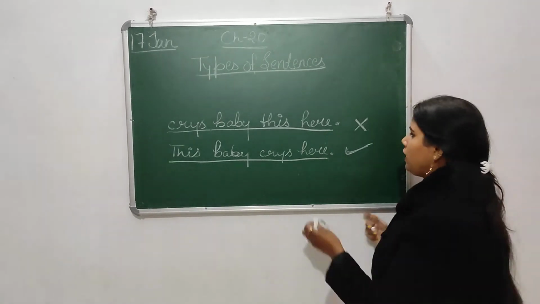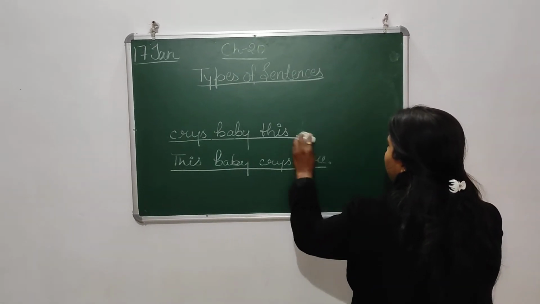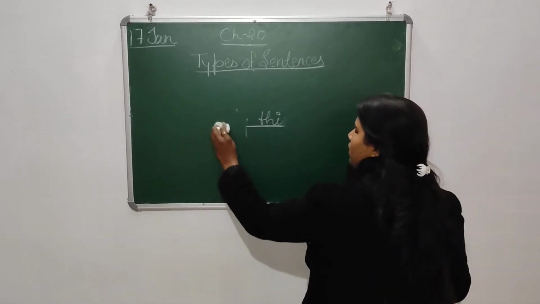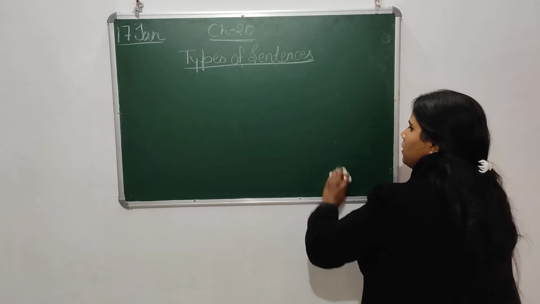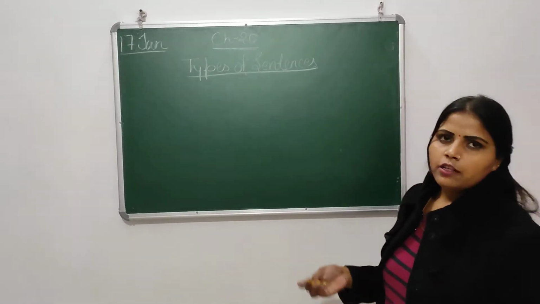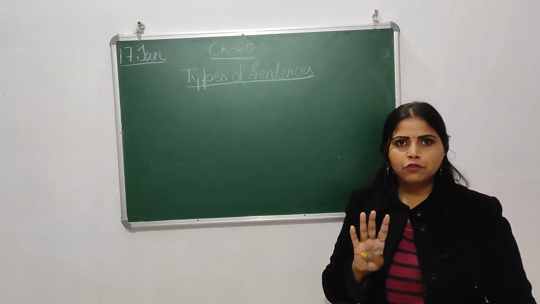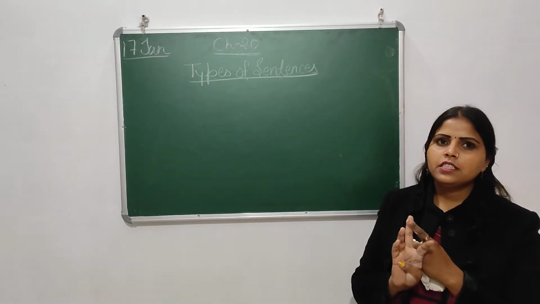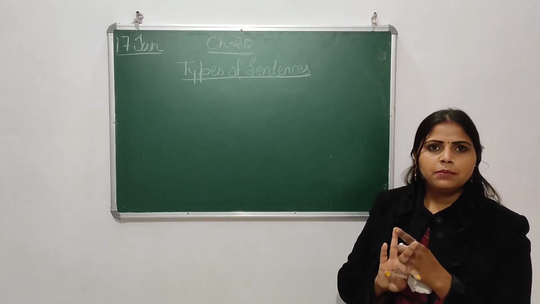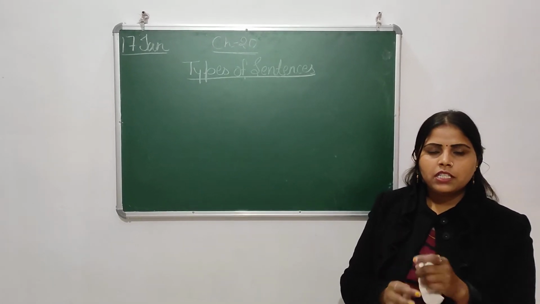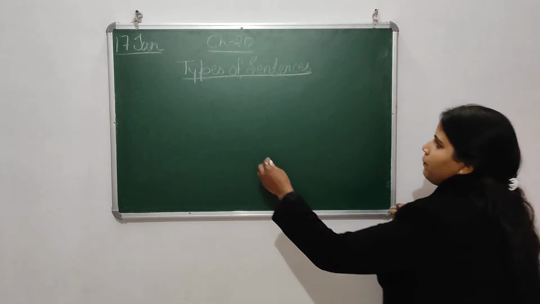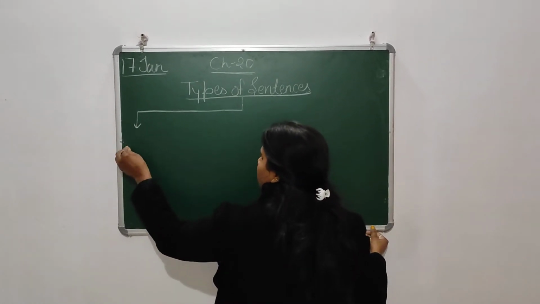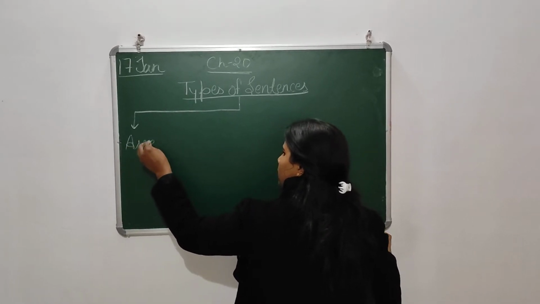Okay, now let's move on to the chapter which is types of sentence. So what are the types of sentence? According to your chapter, there are 4 types of sentence that you have to read in this chapter. The first one is assertive, the second one is interrogative, the third one is imperative, and the fourth one is exclamatory. With the help of this diagram, you can easily understand that the first sentence is